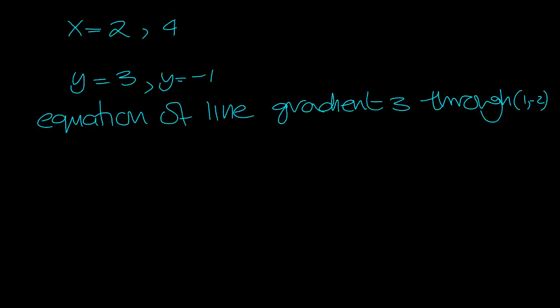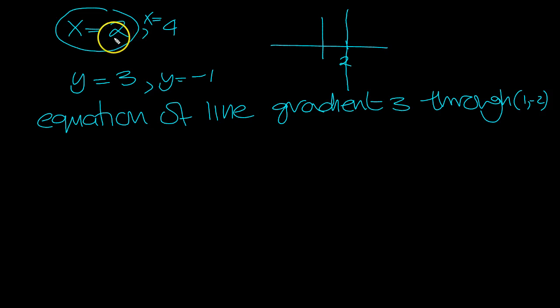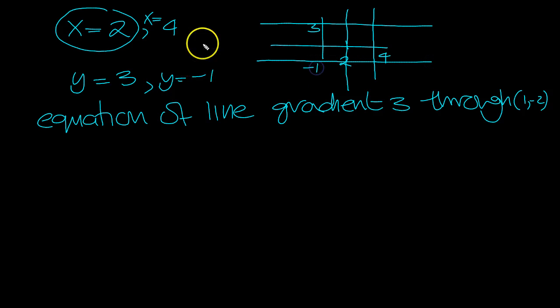Okay, let's finish off with a tiny bit more in the notes then. If you were writing these equations, x equals 2 or x equals 4, the value x equals 2 is here, but it stipulates no condition on the y's, so it's basically the vertical line at x equals 2. So that's how you represent a vertical line. Same at 4, that would be that vertical line, so that's how you would write those. Horizontal lines, there's the line y equals 3, and y equals minus 1 is that horizontal line there. So this is how you write